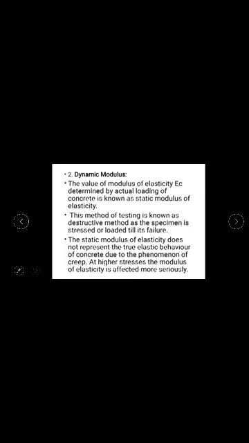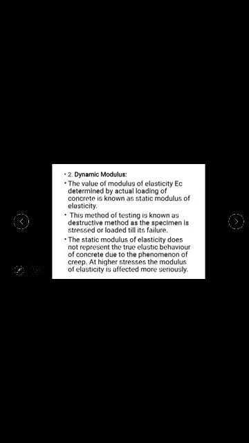The relationship between the modulus of elasticity and strength is not much affected by temperature up to 230 degrees Celsius, as both these properties vary with temperature in the same way. So temperature will not have a major effect on the values of static Young's modulus and dynamic Young's modulus. Steam cured concrete has slightly lower modulus than water cured concrete of the same strength. So there is a difference in the curing process also. If it is steam cured, it has lower modulus. If it is water cured, it has a little higher modulus for the same strength.